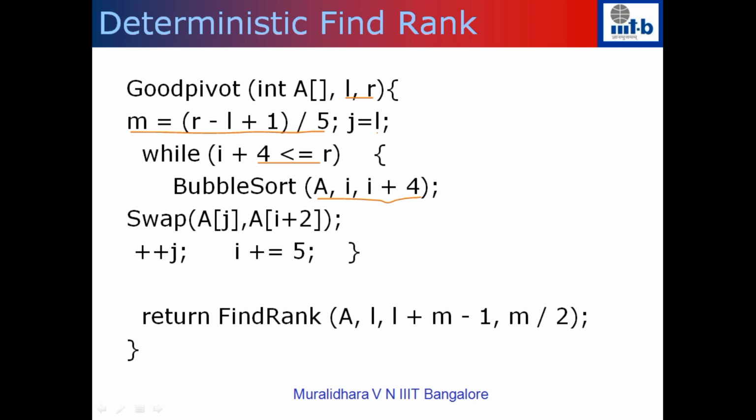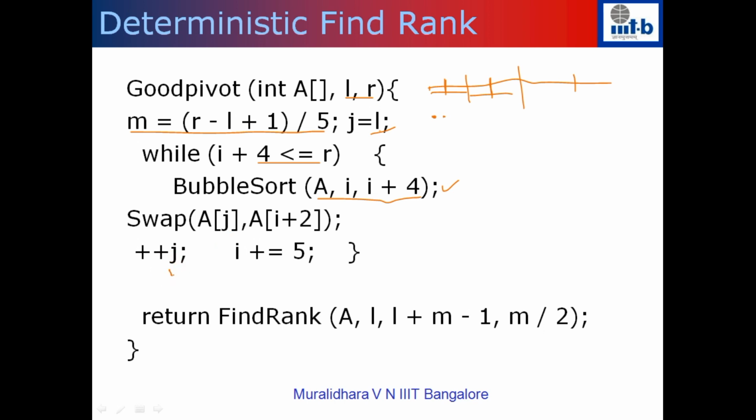So what we are basically doing is that we are dividing this into groups of 5, and once you divide this into groups of 5, we call the bubble sort function. This will sort this sequence. Once this is sorted, the middle element here, that is I plus 2, will be exchanged with the first number. Now you do the same thing, you sort the second sequence. The middle element again here will be I plus 2, and that will be swapped with the L plus 1 number. So there is an index J which starts with L, and we are going to update all the medians of these individual groups.